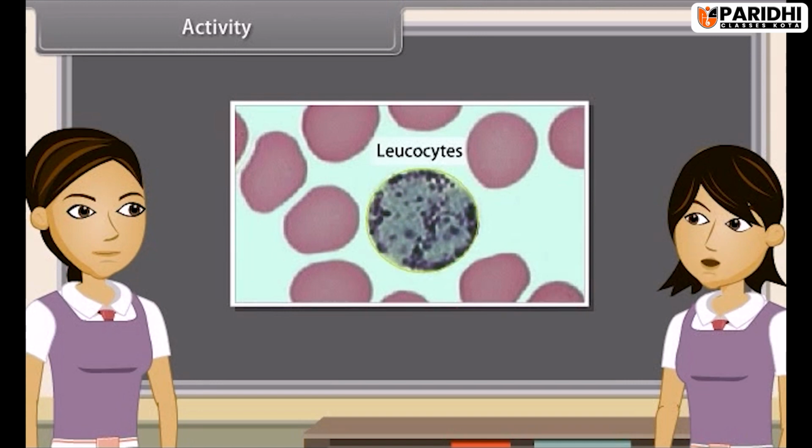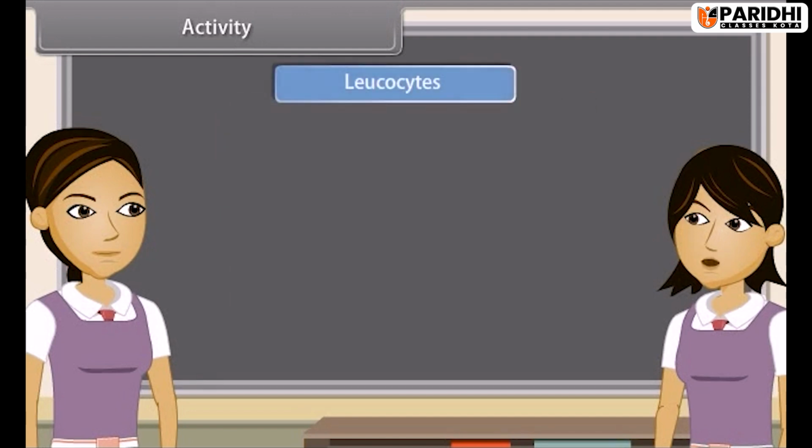Leukocytes are amoeboid, nucleated and whitish. They are larger in size but less in number. They are of 2 types,